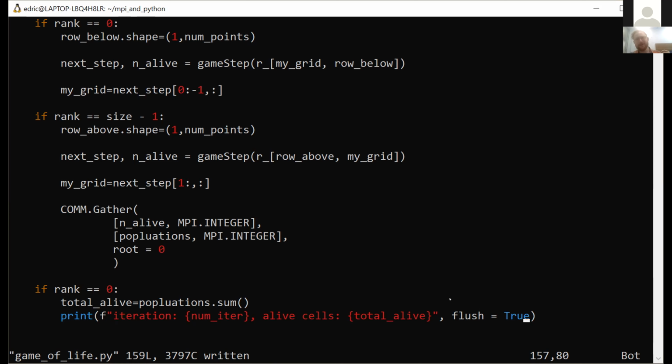But what we want to really ensure is that as we're performing each iteration, we're getting a live update. So by setting flush equal to true, every time we trigger this print statement, the print statement is immediately sent to standard out. It's probably a bit of an inefficient way to monitor the progress of the program. If you think about it, if we collected up all of those print statements and then performed a single output at the end, that's essentially a lower number of calls to the